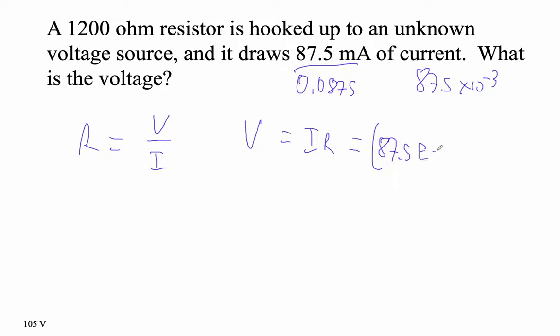87.5 times 10 to the minus 3 in my calculator times 1200. Right, and I think I've got this. So 87.5 e minus 3 times 1200, I get 105. V is